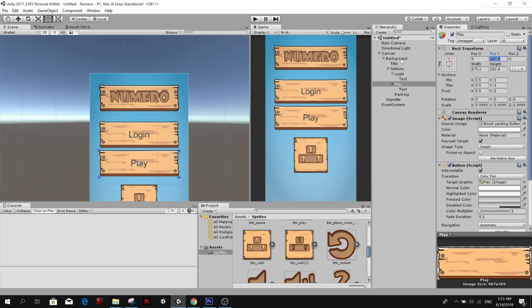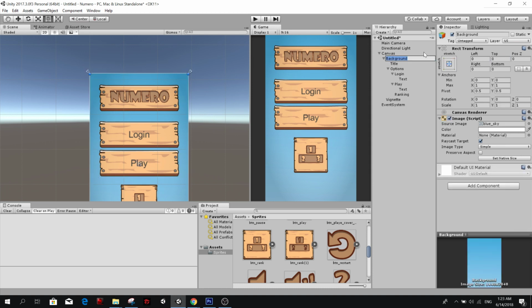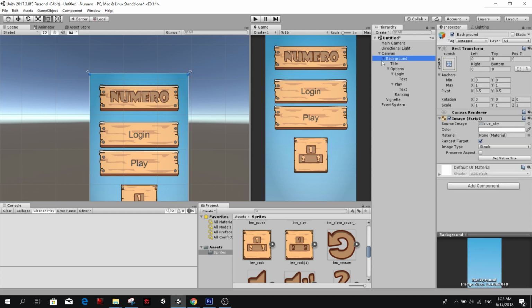Let me think, because I don't really like separating scenes in Unity if it's not totally necessary. Okay, let me finish the background first.